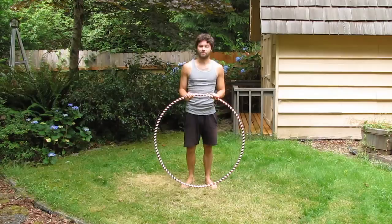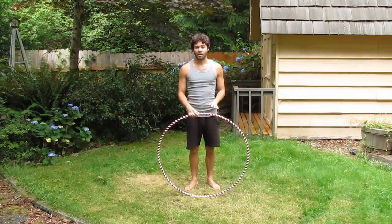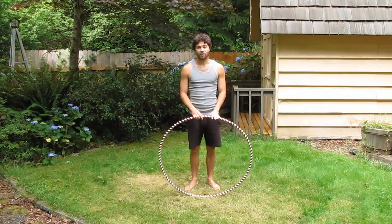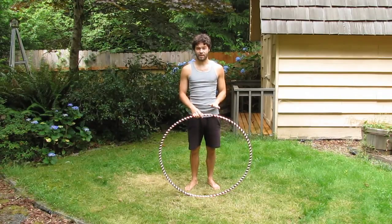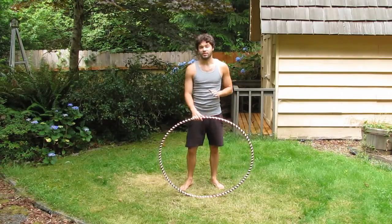Now a prerequisite for this trick is foot hooping and also knowing how to do a foot pass. Now I have video tutorials on both these tricks. Highly recommend checking them out if you do not know how to foot hoop or know how to do a foot pass. So to get started on this trick, there are multiple ways that you can enter into that foot